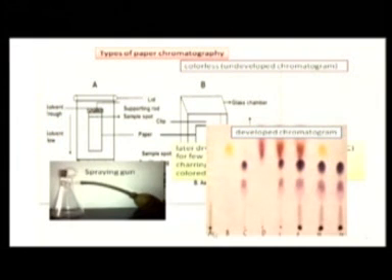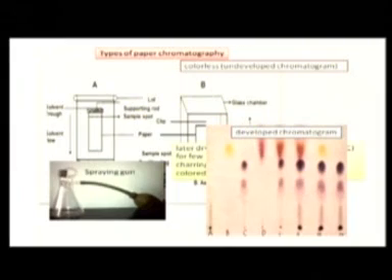As I showed you on the paper, the sample present in various spots has traveled along with the solvent system, and the moment you apply this stain, it develops into a colorful picture. That's why we call it a chromatogram and the technique chromatography, because we see the result in a colored pattern. And there are various stains. You can use ninhydrin for amino acids, and you can use bromine water for lipids. Depending on the nature of the substance which you are going to analyze, you will be using different types of staining agents.